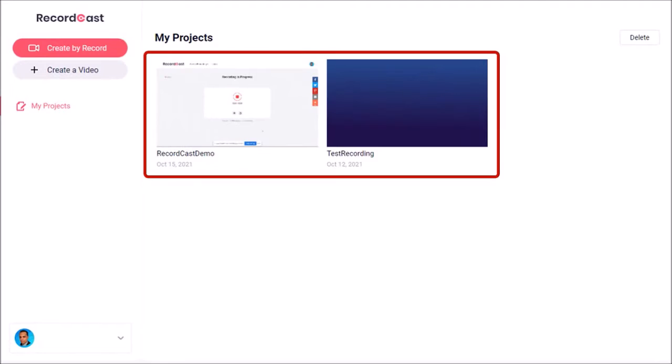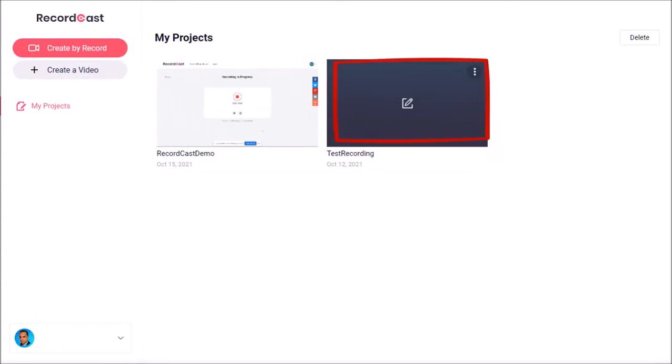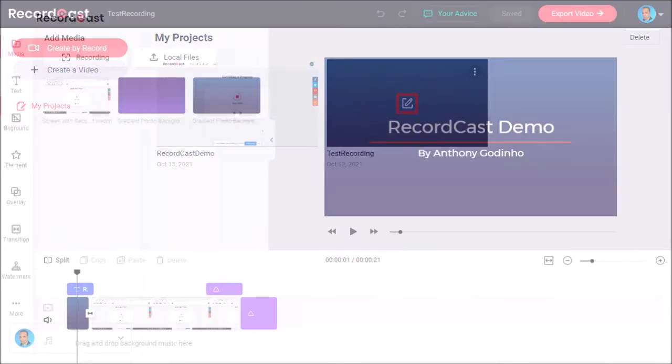In this main section is where you'll find all your saved projects. If you hover your mouse over a specific project, you'll see this three dots icon. And if you click on it, you'll see these three options to rename your project, to duplicate your project, and to delete your project. You'll also notice this edit button, and if you click on it, it'll open the built-in